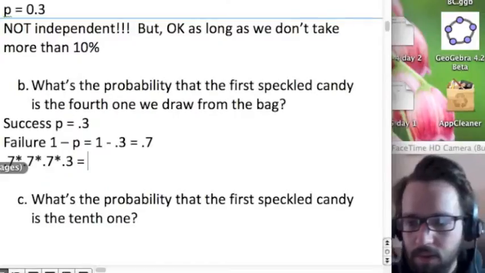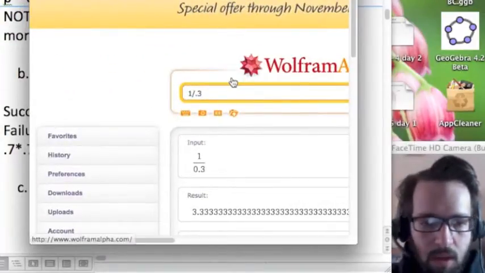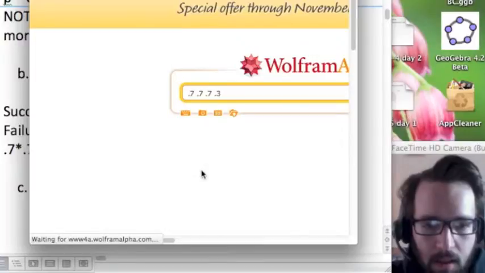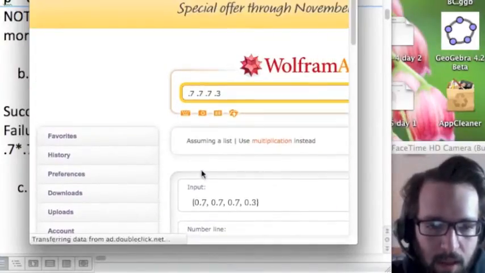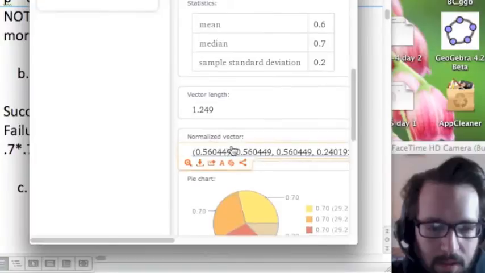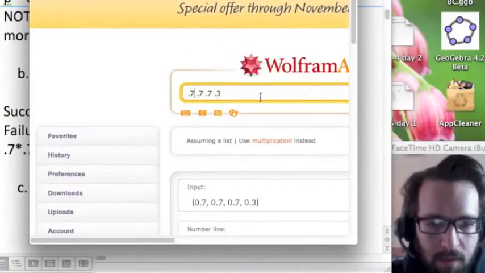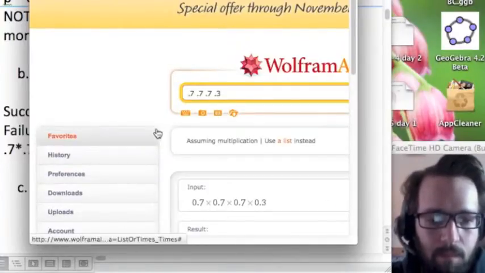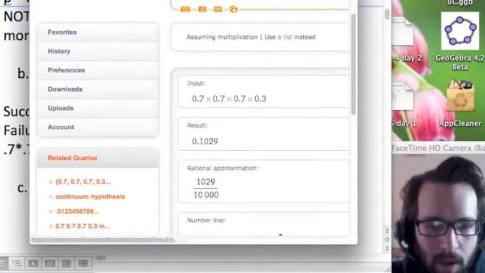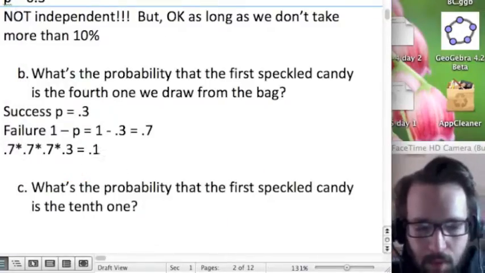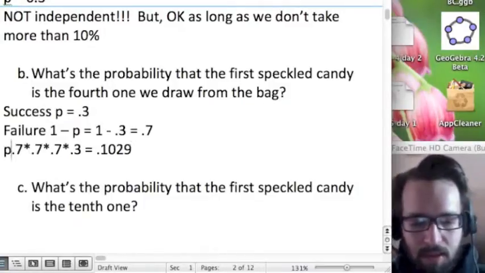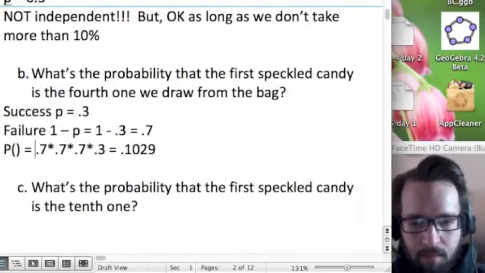And that comes out to, I would assume that it would say to multiply if I didn't put anything. Let's go ahead. Oh, there we go. Use multiplication instead. Woohoo! 0.1029. Now we could shorten this up a little bit, and I guess I could say the probability that the